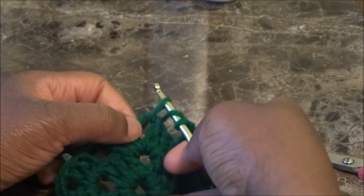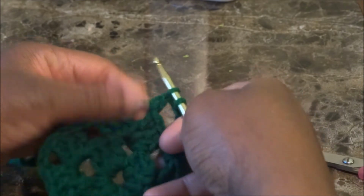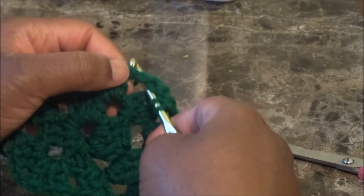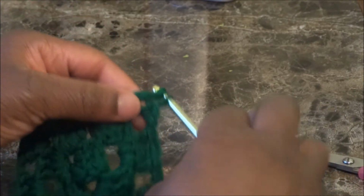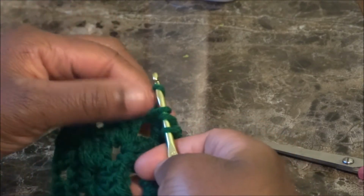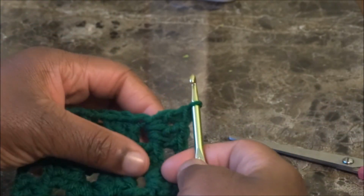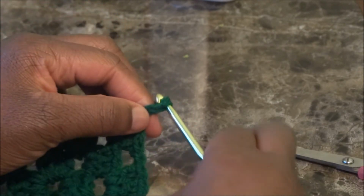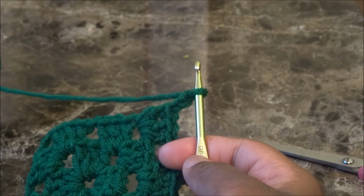We're going to chain 2 and then do 3 more in the same space. So 1, because this is a corner, 2, and 3. Chain 2 and then